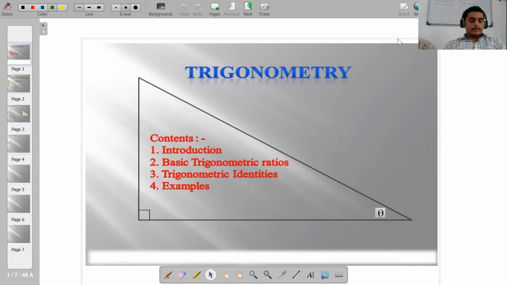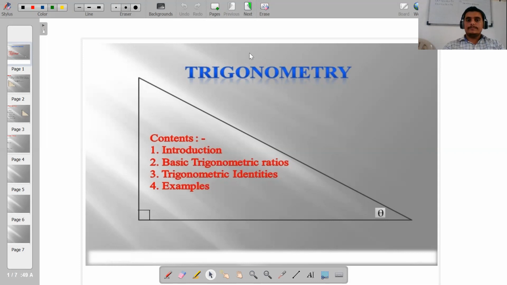Hello students, in today's session we are going to discuss trigonometry, the basic concept of geometry, which is useful in many engineering or navigation applications, or sometimes we require it for astronomical calculations. So the path for this chapter is introduction first, then we have to go through some basic trigonometric ratios, we have to define them, then we will discuss a few trigonometric identities and then start discussing some examples on the topic